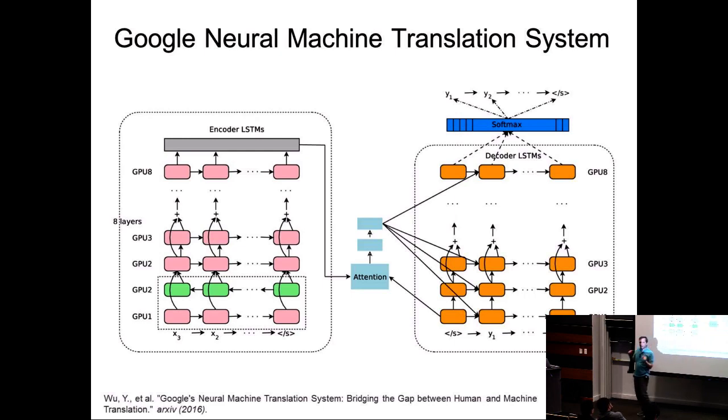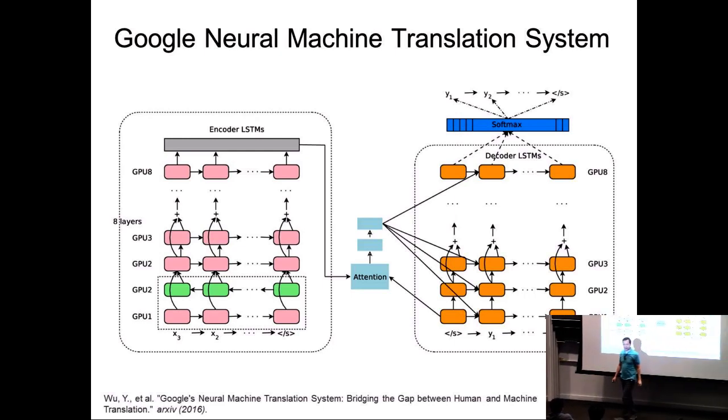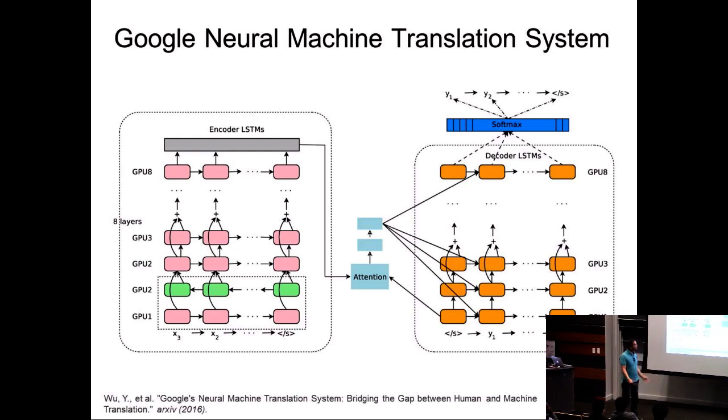So the only difference from what we've seen so far, when we looked at simple models where you translate one language to another and use an attention mechanism, is that here your encoder is a very massive multi-layer system, and your decoder is also a multi-layer output system, right? So it's much more powerful, much more representative. Probably the capacity of the network is much higher here, right? So you have 8 layers of encoders, 8 layers of decoders, but the system works the same way as what we've seen before. It's just a softmax over what the output is.